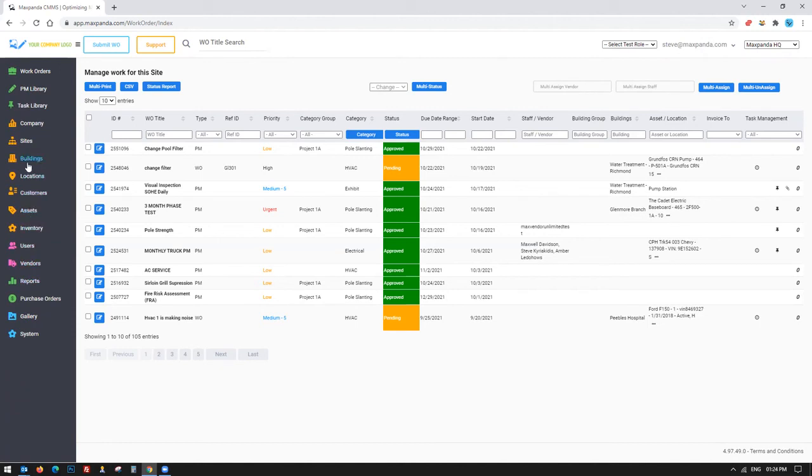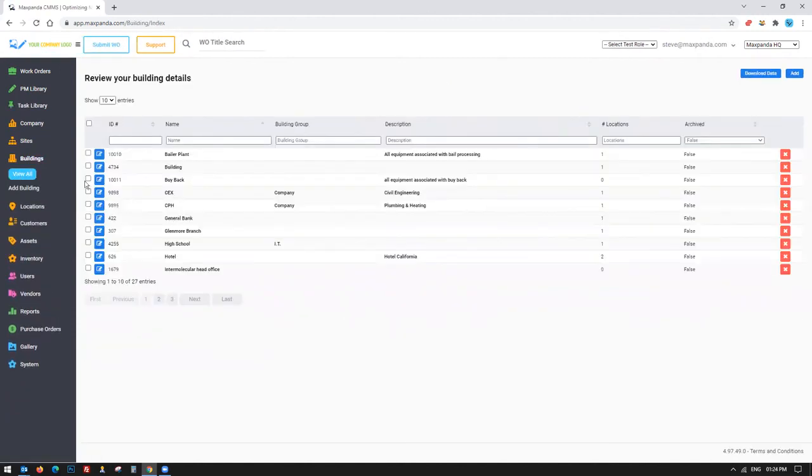Okay, so maybe buildings. Could you click on buildings? So these 27 buildings are only in the Maxpanda headquarters site. So if I had, let's say, a cultivation site, and then I have 3 buildings, or 2 cultivation buildings, each one of those cultivation buildings could have like